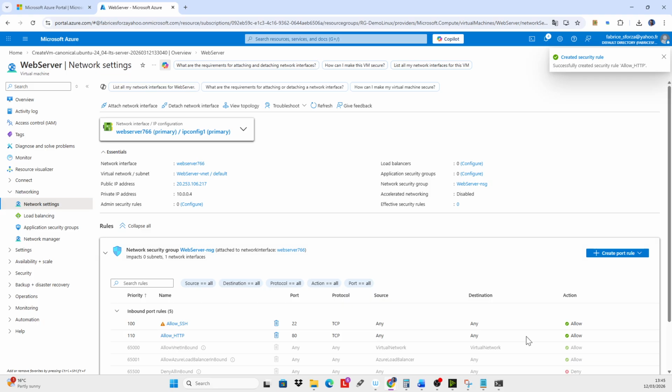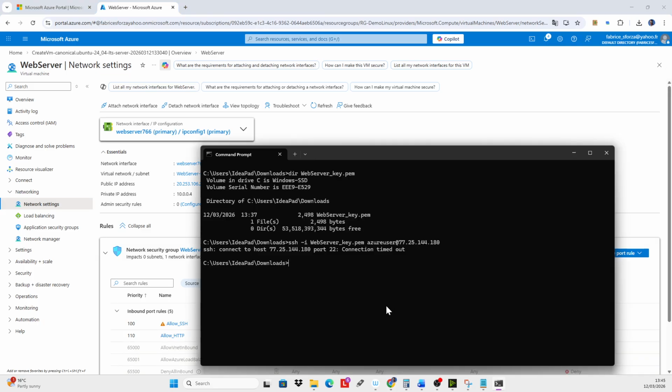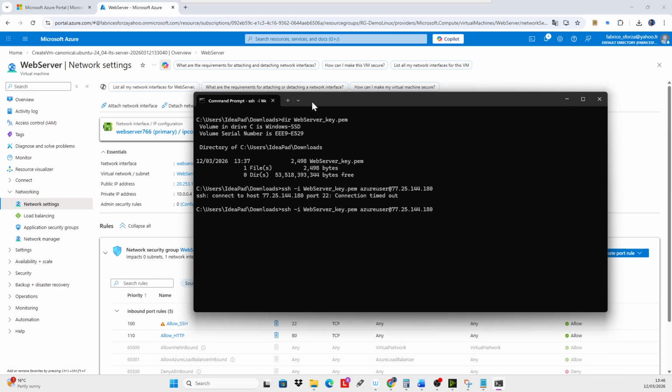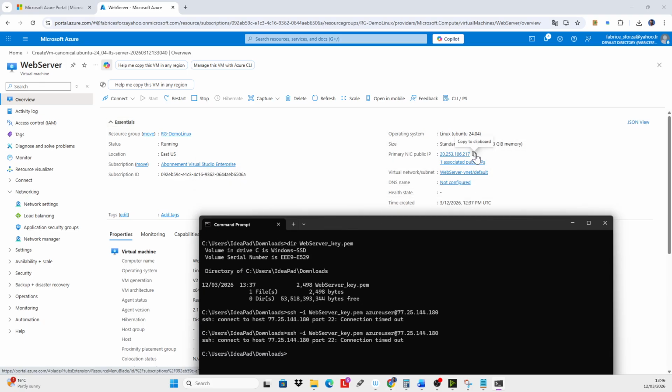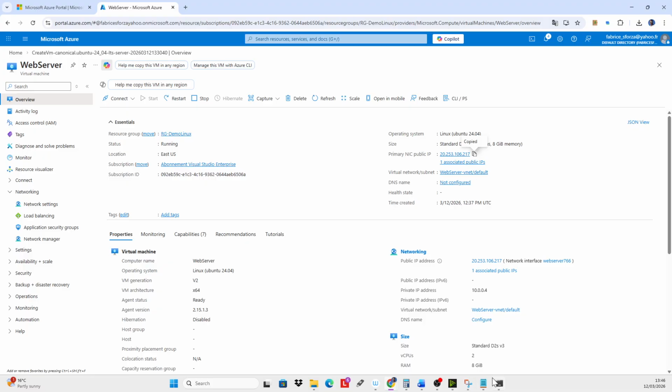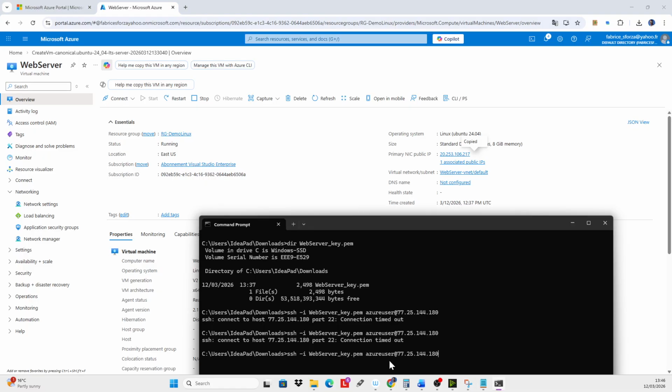Of course now if I do it again, it will work directly. Now you will see that you'll be able to connect to your VM. Sorry, I didn't put the right IP address. It's here. If I do it again here, let's put my IP address.